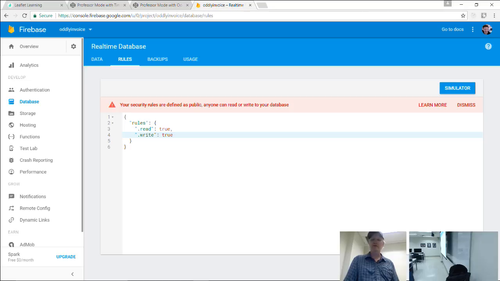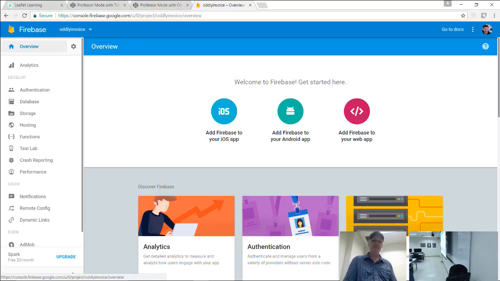All right. So once that is done, we are going to need our key. If you click back on the overview button, that'll take us home again. And you see the third option here? Firebase has libraries for pretty much anything you want to do, iOS or Android. We're working on a web application, so you're going to click on Add Firebase to your web app. And it will give you a handy little snippet of code that has your access key. So clicking here.